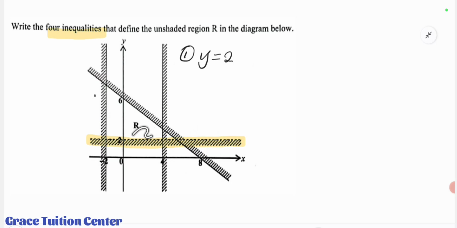So since R is on top, we need to understand that all numbers on top of 2 on the y-axis are greater than 2. So the values of y that we need, the R, are actually